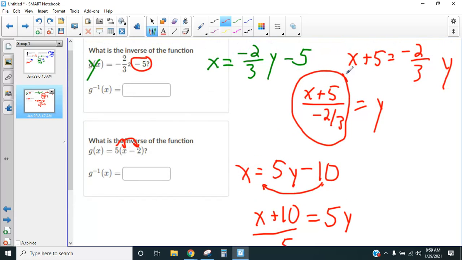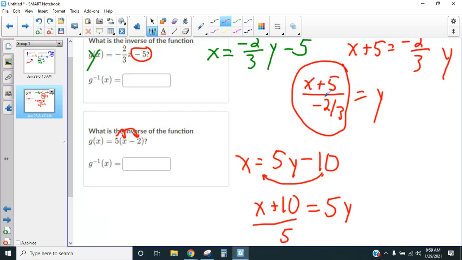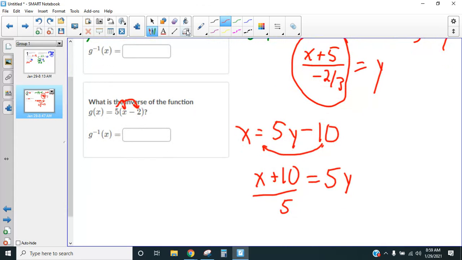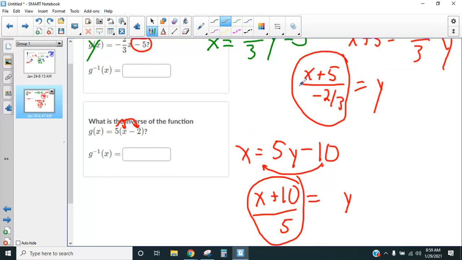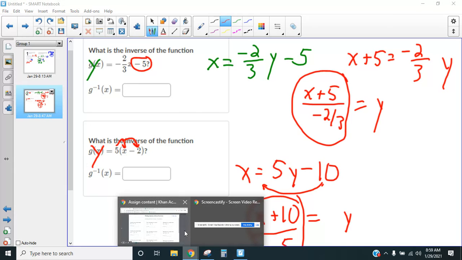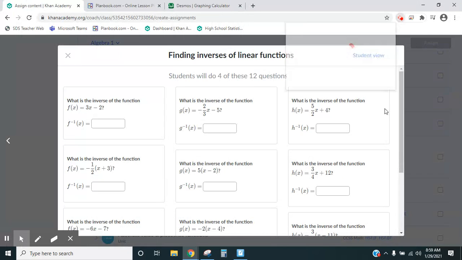All right, so a lot of them will look very similar to what they started off as. They'll just be written differently and in a different order. Right? They'll use the inverse operations. All right, so that would be our answer there. Kind of funky, but all of these look like this. You just have to solve them back the other way. Don't forget to switch the x and the y to begin with. Understanding that g of x over here really means y. All right, give it a shot. You guys have your